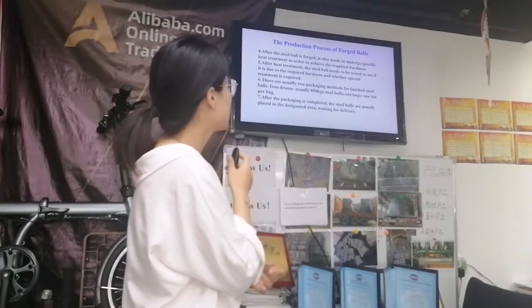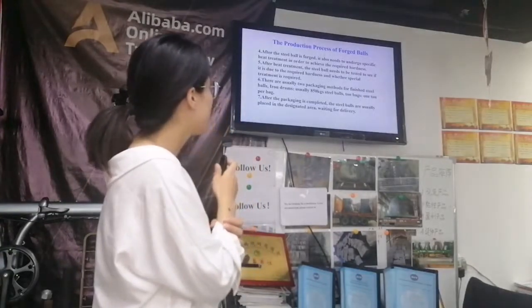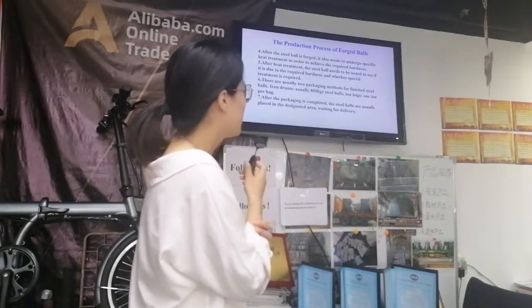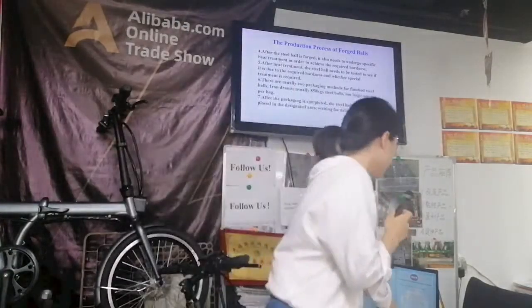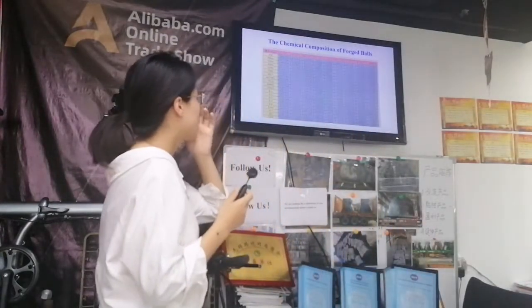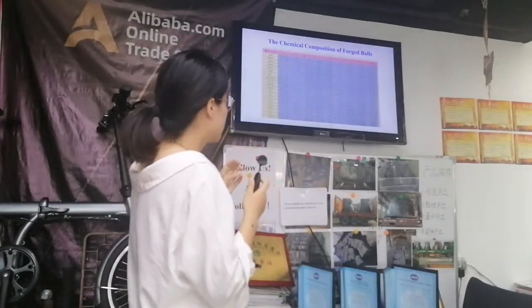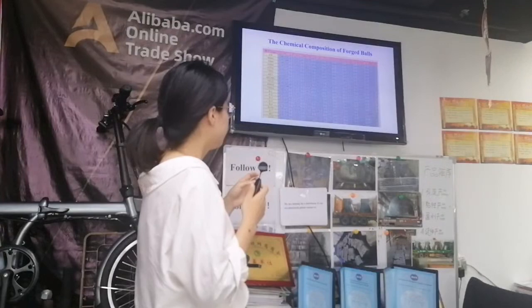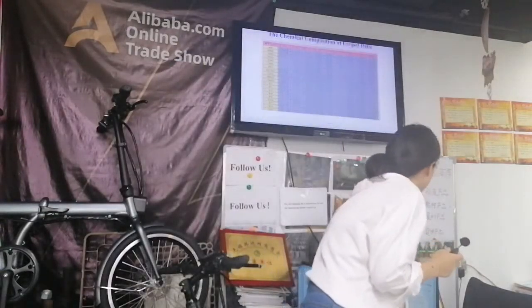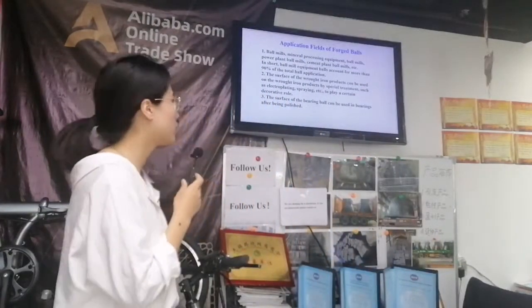After the packaging is completed, the steel balls are usually placed in the designated area waiting for delivery. This is all kinds of brands of forged balls. You can see them in this shape. On the application field of forged balls,